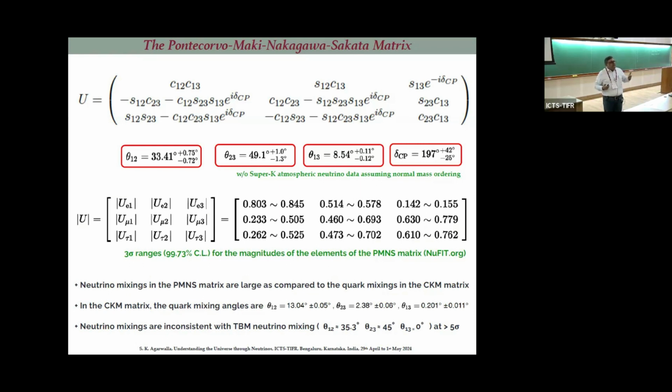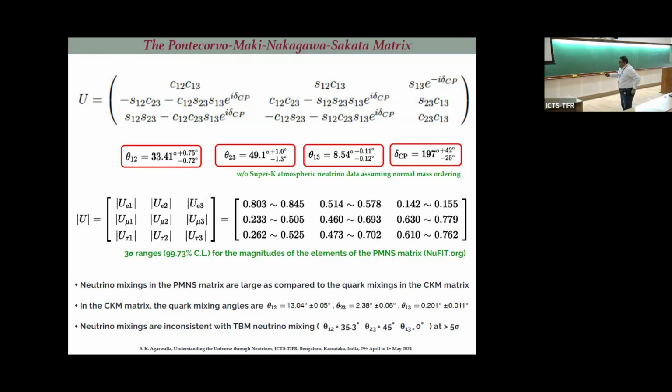So people sometimes give you a global fit, after fitting all the data, with the measured parameters with and without Super-K data. If you trust their analysis with atmospheric data, you take these values. If you don't trust them, they also give you the values without Super-Kamiokande data. But Super-K data is very, very important now. If you want to measure neutrino mass ordering, if you want to measure theta 1,3, if you want to see Earth's matter effect, if you want to resolve the neutrino mass ordering issues, Super-K is doing a fantastic job. If I get time, I will elaborate on that.